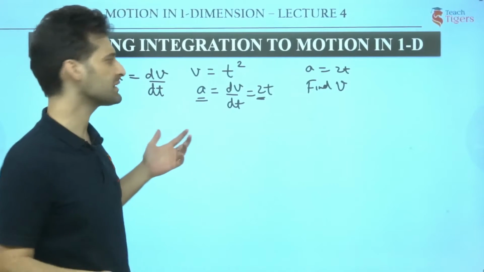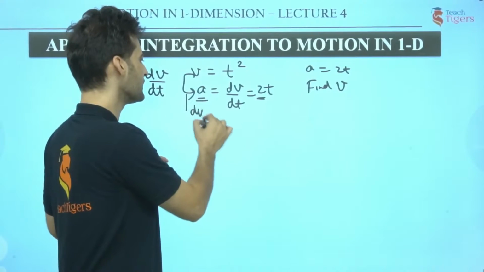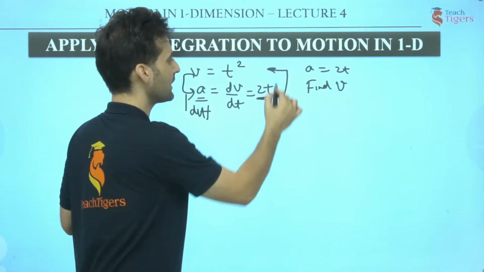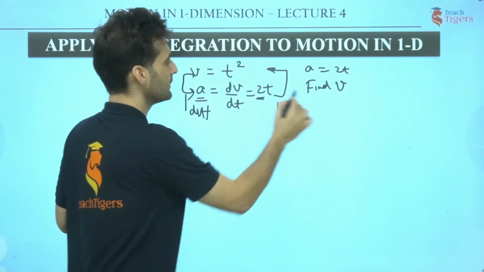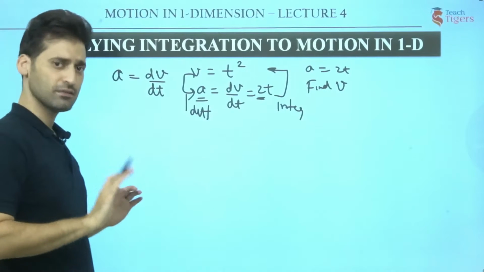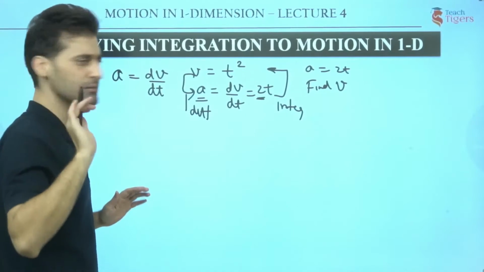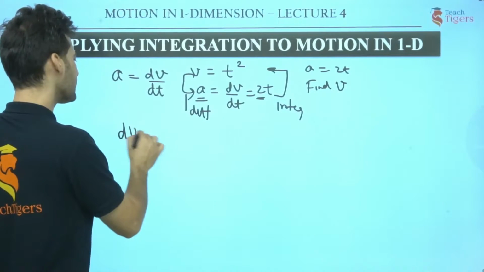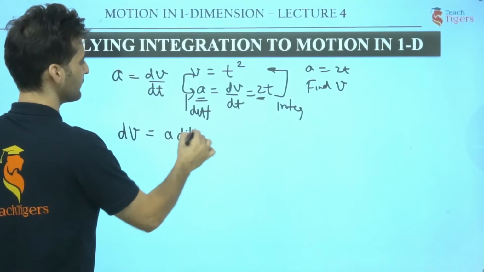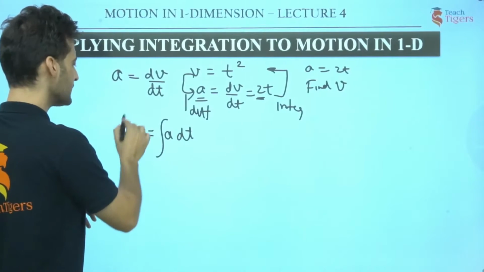Now let's understand how to get it. As you know, it's very simple. If we go like this using differentiation, we will go like this using integration. So here is the formula for you: a equals dv by dt, very much true. In the same way, as we did the first formula, we will proceed here too. So dv becomes how much? a into dt, isn't it? Take this dt to that side. Now what do you do? Put the limits over here.